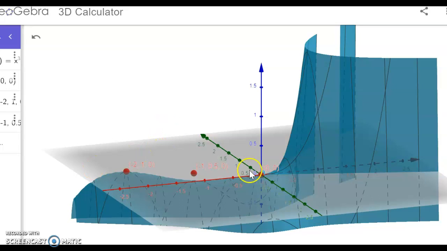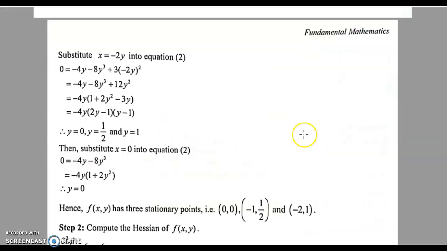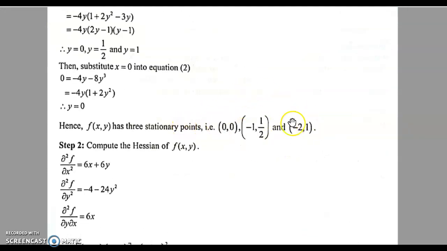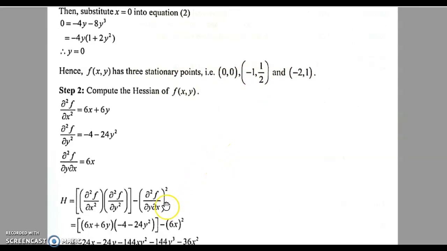How do we determine the nature of this point? We're going to use the Hessian function. Now that we have these three stationary points, we will use this function. Actually, the components in the Hessian function are not that